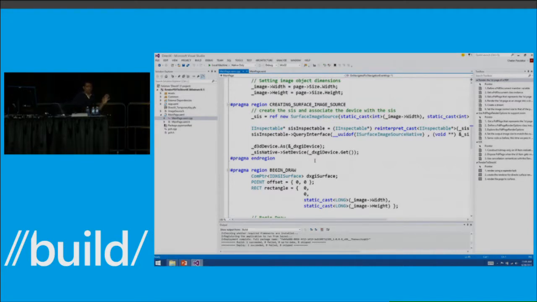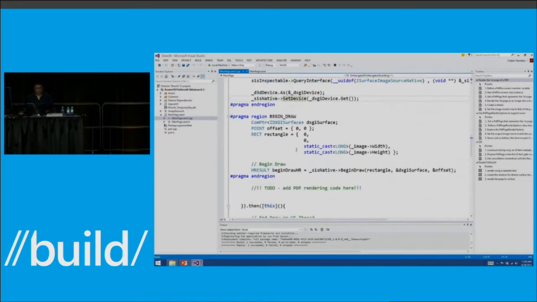Surface image source is one of the ways in which XAML allows you to interop with DirectX. There are other options, but this example is showing a surface image source. I won't go into the details of what this code is about, but needless to say, I've simply copied the sample code as is from the MSDN sample that is available out there for me to use in my sample application.